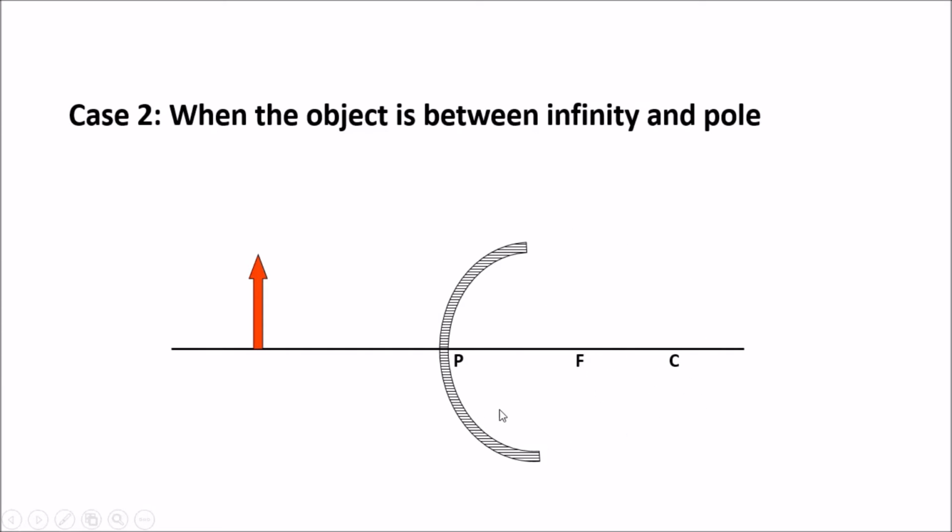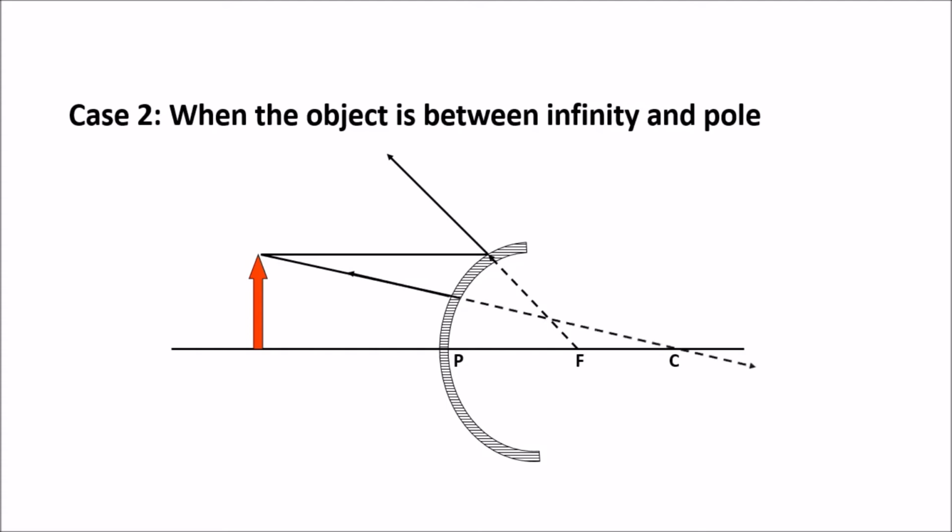That's why we say these are in the virtual region. So let's use rule 1. A ray which is parallel to the principal axis after reflection diverges, because it's a convex mirror, and it appears to come from focus. So you can see, as per our rule 1 which we have discussed, and rule 3 goes like this: a ray which appears to go towards the center of curvature reflects back without any change in the direction. And that's what we say, when we extend it backward, we observe that the rays are crossing here,